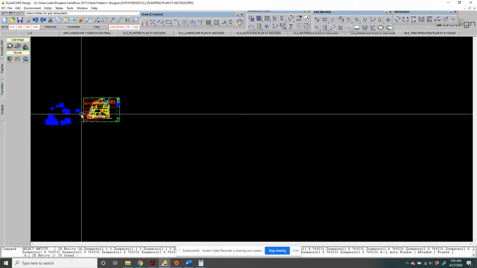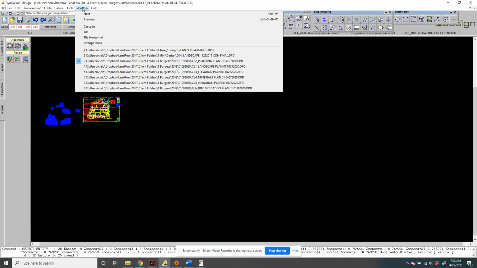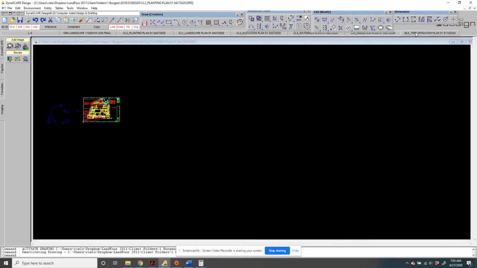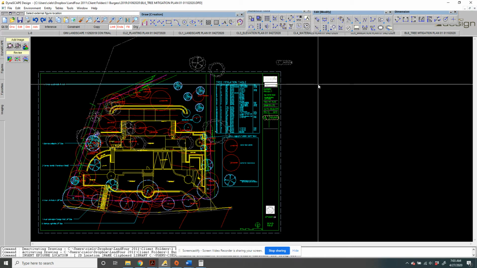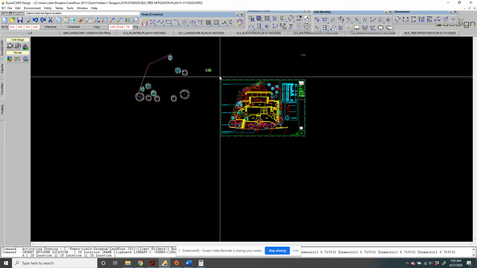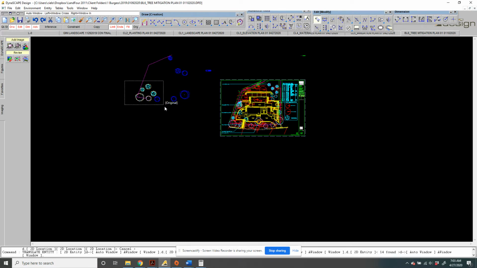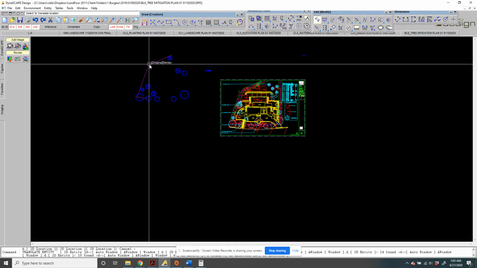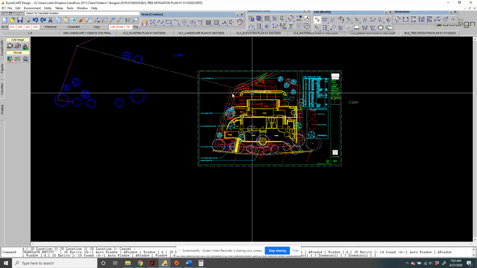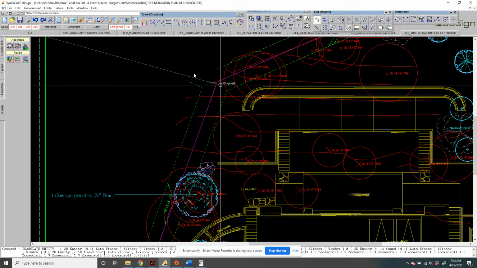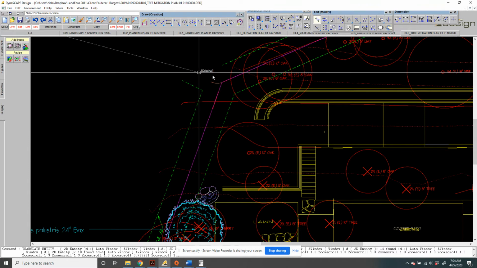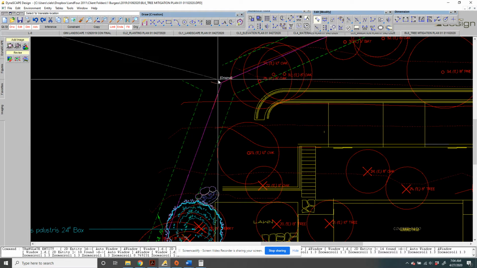So I'm going to copy this, go to my tree mitigation plan, paste it into this file, and then I'm going to take this. I'm not going to get that property line because I don't want to double things up. Right back in this corner. The only reason I grabbed that property line for this import was